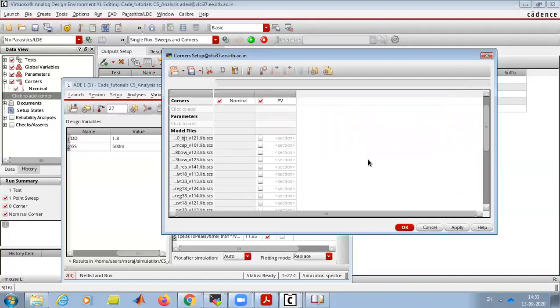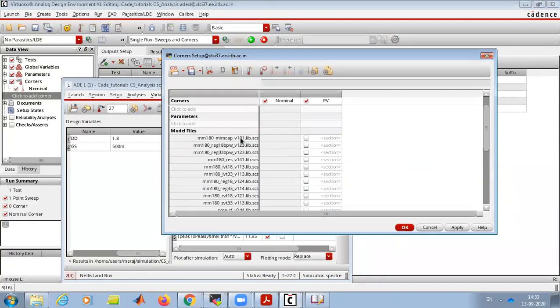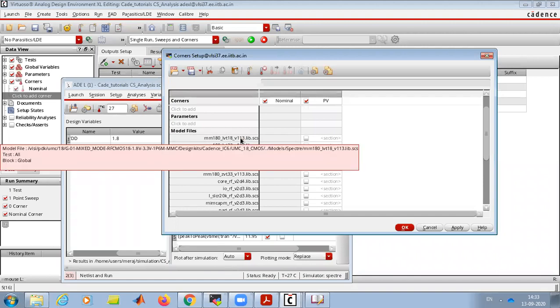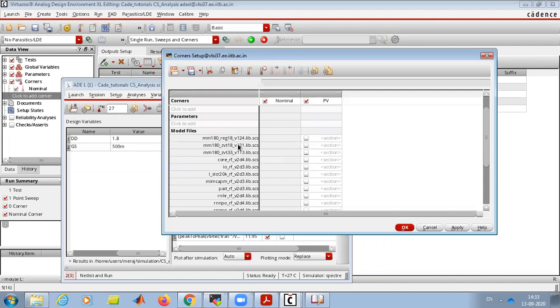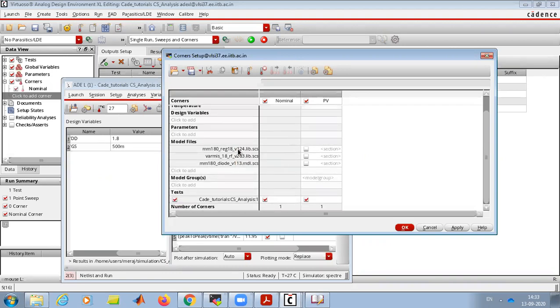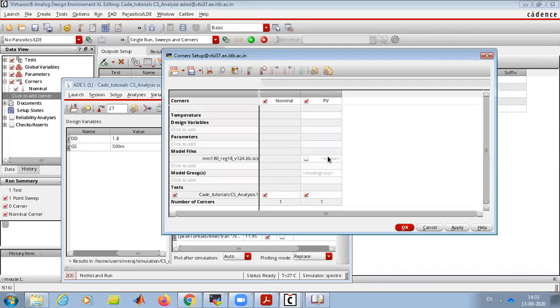Since our circuit is very small, we don't have all the components, so for now it's okay to delete them. Now you can add, you can see FF, SNFP, these are alphabetically arranged, that's why.